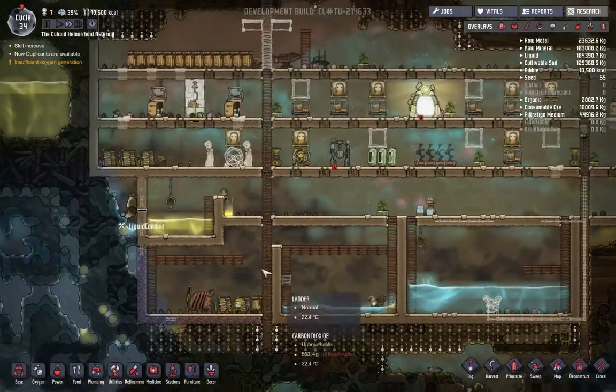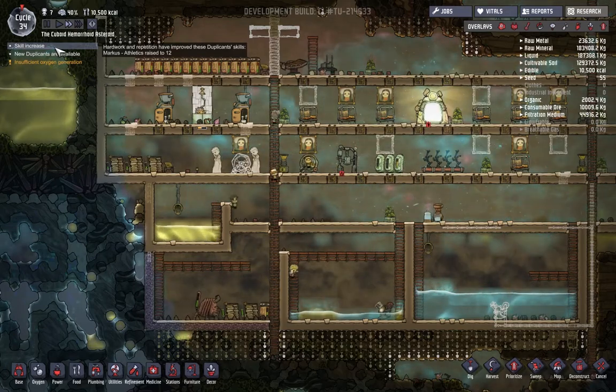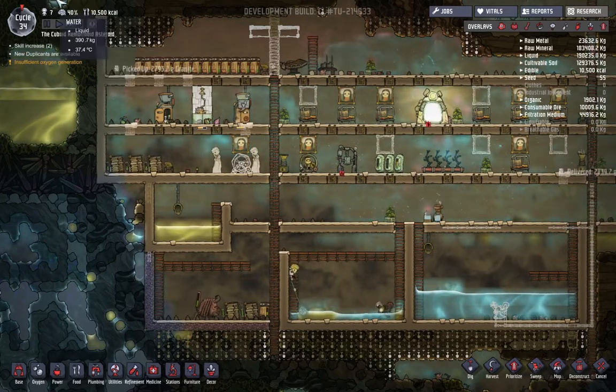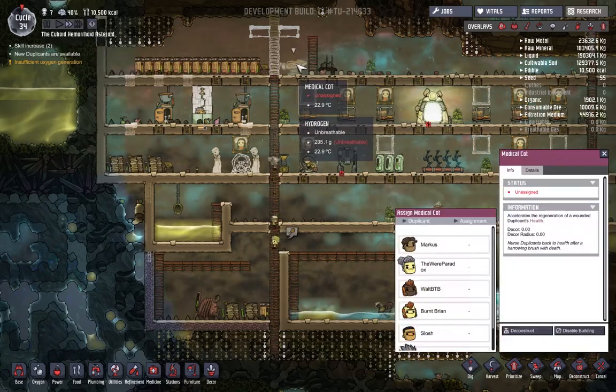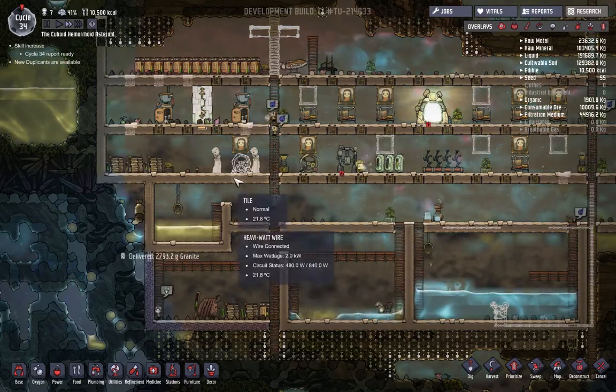So let's just double check what we were doing here. We've got some skill increase. Athletics Marcus has gone up to 12. I do wonder what the maximum is. I know we could get another one right now. We do have 40% stress on Burnt Brian. Brian, how can you be stressed so much? We did get rid